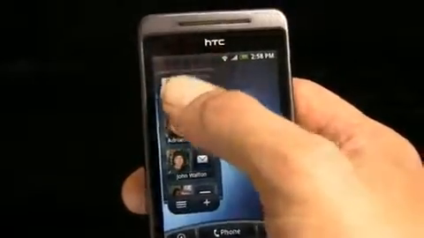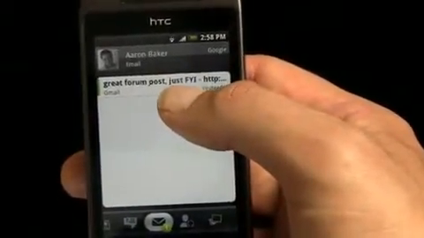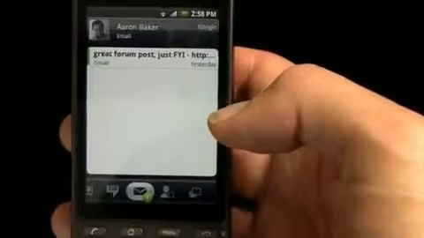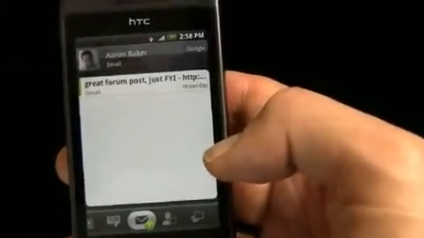So I've got something new from Aaron, and so I'll click on Aaron. There's an unread Gmail message from Aaron. You can see down there with the number 1. So that's pretty cool. I think that's something that's really nice about the HTC Sense UI, which is that it's